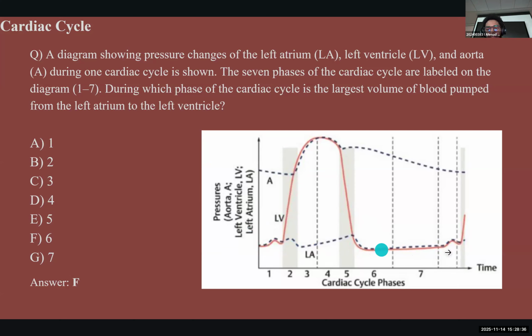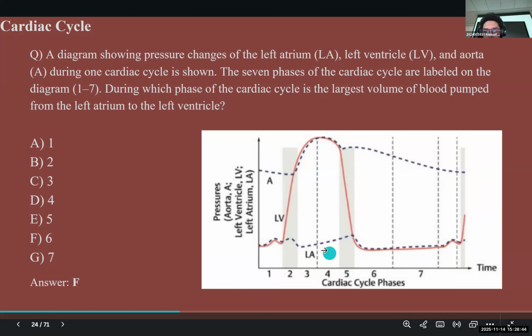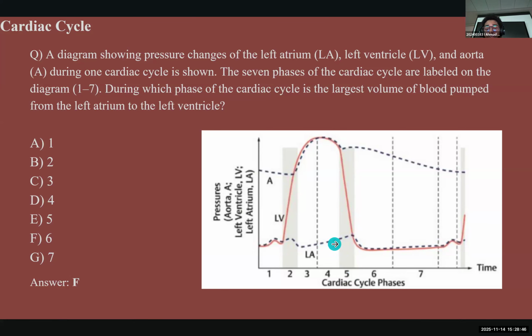After that, we have these two phases. The peak signifies the ventricular contraction, right? Following that, at this point, 0.5, this is when the left atrial pressure first exceeds the left ventricular pressure. And when that happens, imagine, the mitral valve is closed. It's just filling up with blood, filling up with blood, filling up with blood.